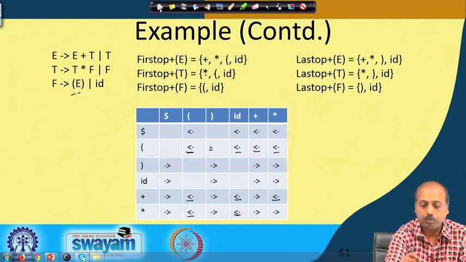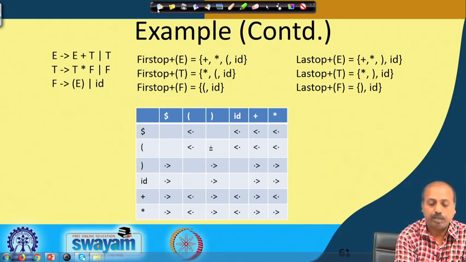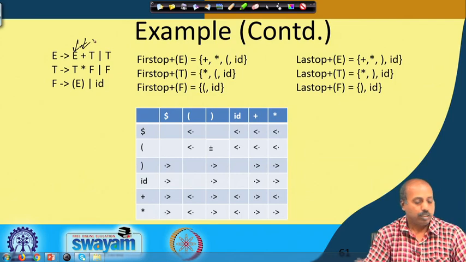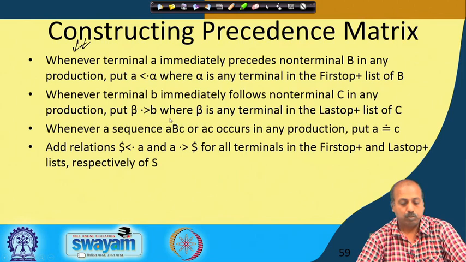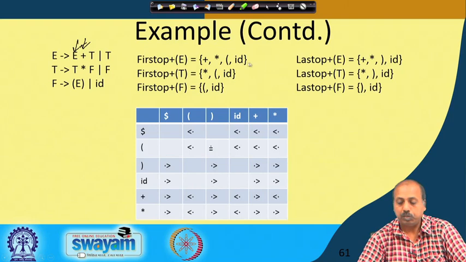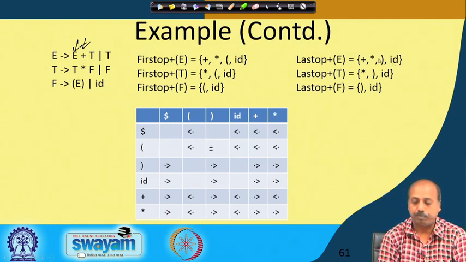Now, with the last of rules, what will we have? It says that if you have got a production like this, E producing E plus, so this E and this plus, when you consider these two, then the rule says that if you take the last of plus symbol beta, beta should be of higher precedence than B. So, beta should be greater than B. So, here for this E, plus, star, close bracket and ID should be of higher precedence than plus.